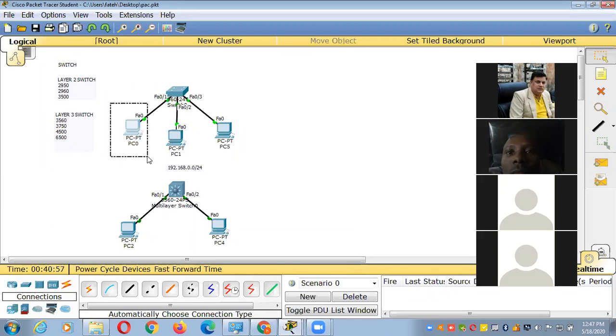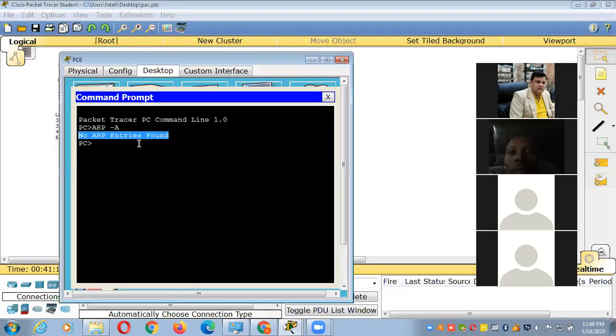But when this PC is trying to communicate with the second computer, this computer should know the MAC address of the second, or destination, computer. But currently, your system does not have any information here.